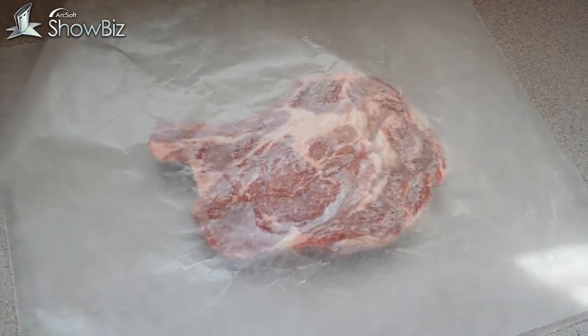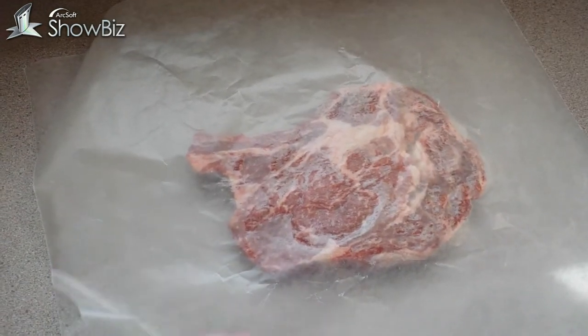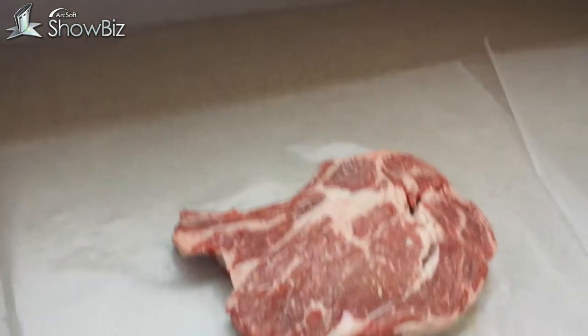Gonna do a little cooking demo and recipe for how to make a ribeye at home. So when you're picking out meat at the grocery store to make a ribeye at home, first thing you want